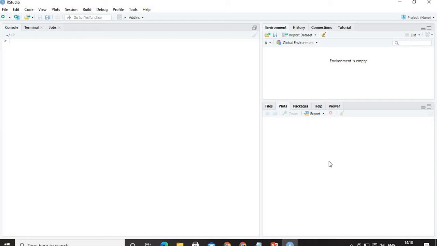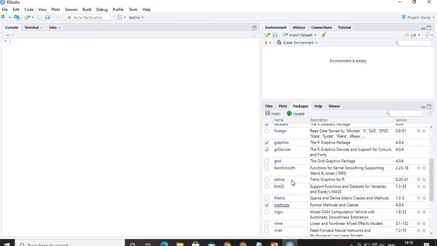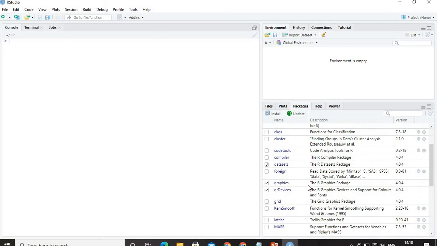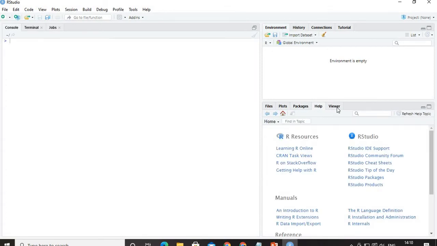Whenever I run a command where I need a plot, and when I plot it, I get the display here. We have packages here, all the packages that I have installed in my system. If you see the body fat dataset, there are certain other datasets which are available by default. All those are made available here, and you can go through it. If you want additional packages to be installed, you can still do that, and you are welcome to do it. And help, you know what it is. The purpose is straightforward, and we are going to learn how to use this tool.